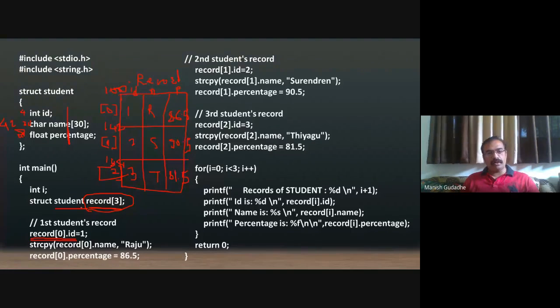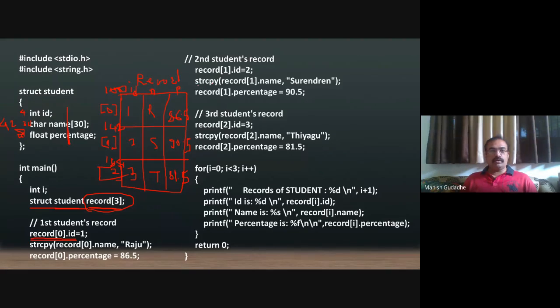So in short, in a single statement, we are creating 9 variables. If I say 100, we are creating 300 variables. So with a single statement, C allows you to create a huge number of variables when we operate on the structure.